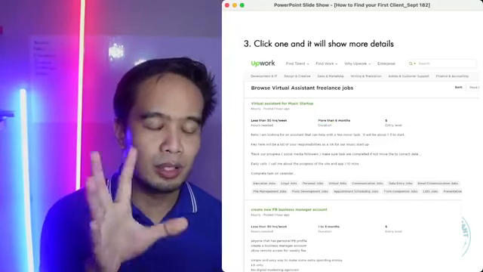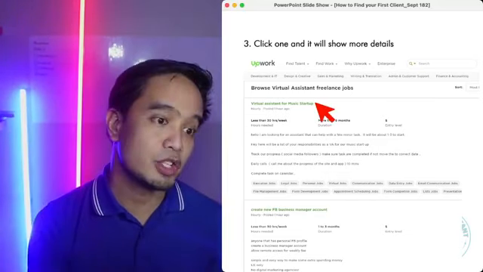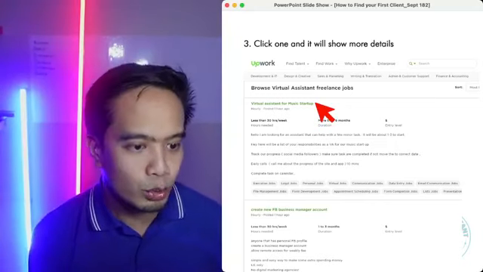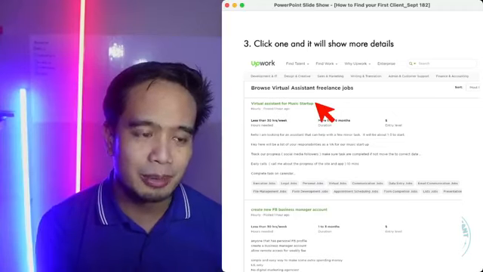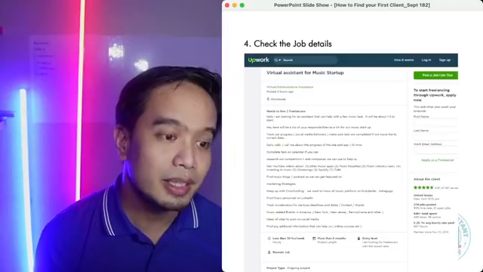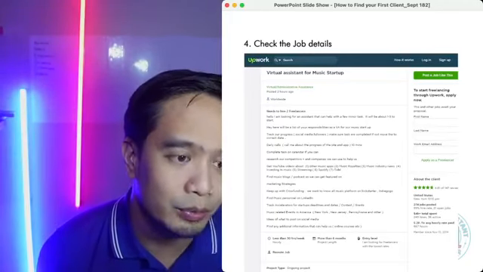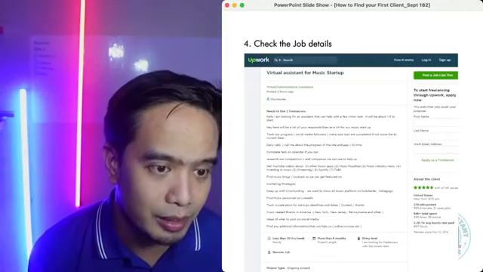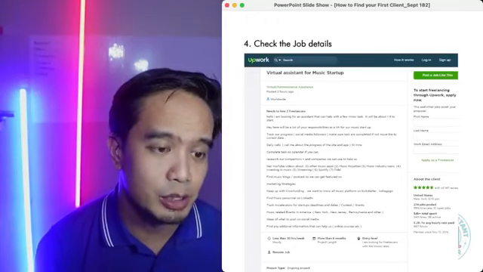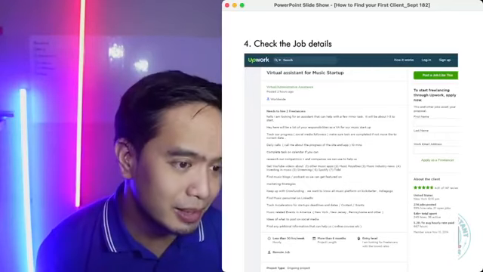So, if you pull up the search result for jobs, you can see parang a summary of each job. So, dito naka-green virtual assistant for music startup. Sa baba, create new FB business manager account. Merong iba't ibang mga jobs. And if you want to see the details, you click on the title, and you see the details over here. Maraming mga details. Needs to hire 2 freelancers, looking for an assistant to help with a few minor tasks. Mga 1 to 3 tasks to start. Track our progress, track yung mga social media followers nila, daily calls, call me about the progress of the site and app, 10 minutes.